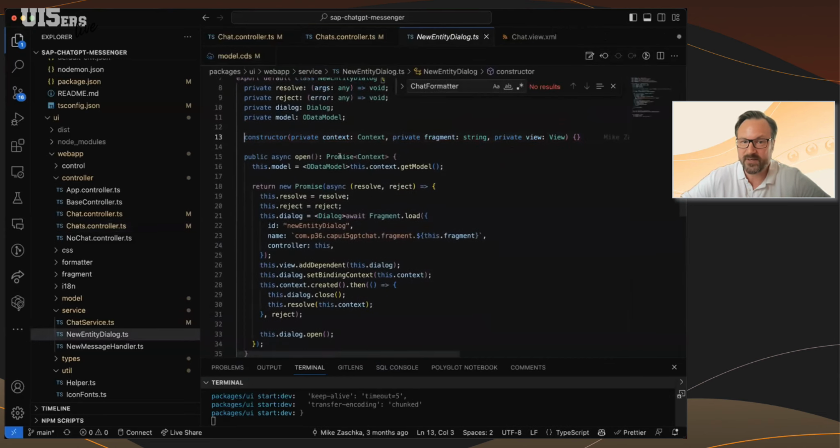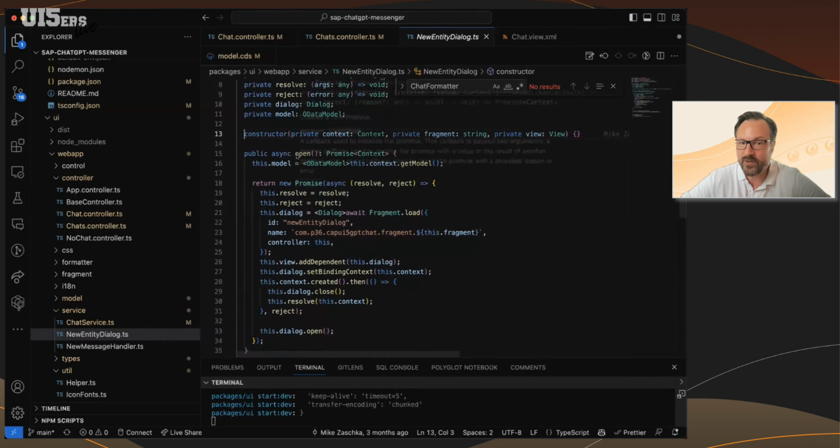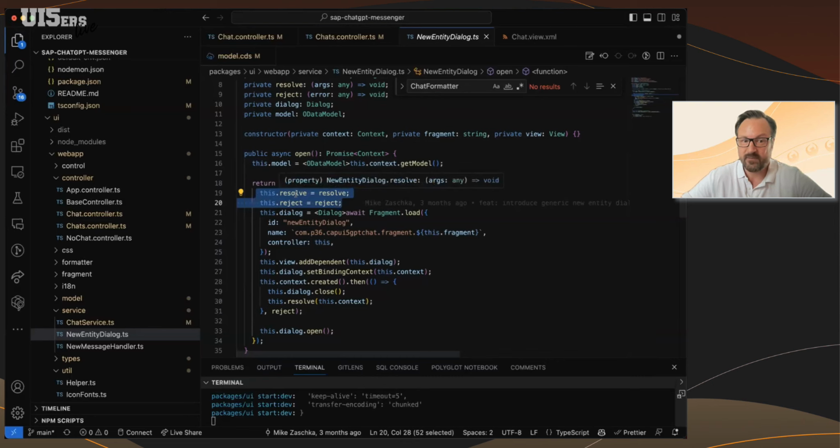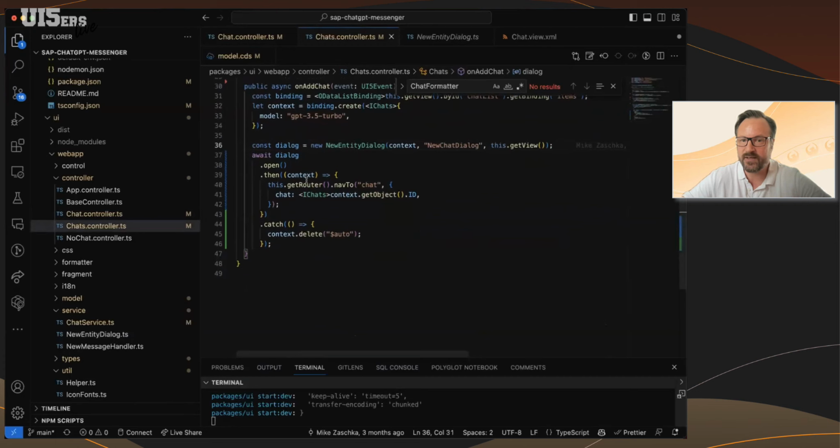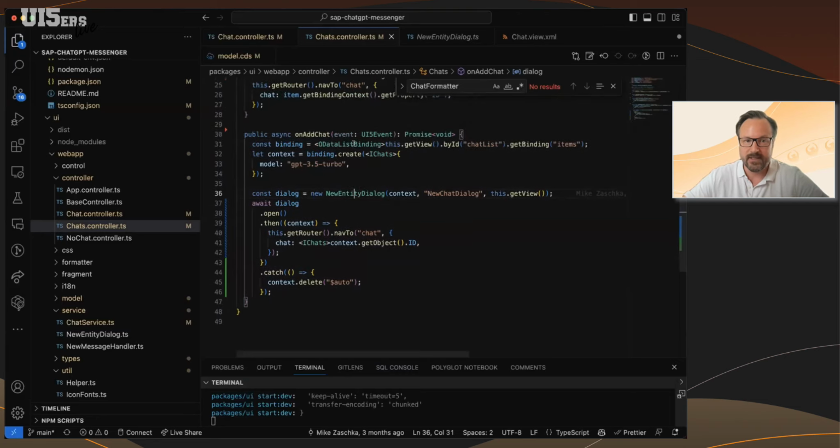And the pattern is pretty simple because whenever I open this, I'm returning this promise, and I keep the references to the resolve and reject functions and use them whenever I think I'm done or I need to cancel stuff, right? That's a pretty simple pattern, which makes it super convenient to extract some functionality into its own classes and, if it's asynchronous, wait for stuff, and then come back and, well, you're fine. So yes, that's also something that I really value.